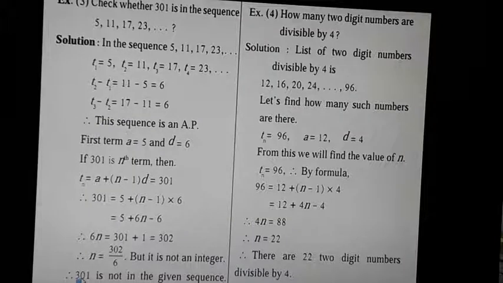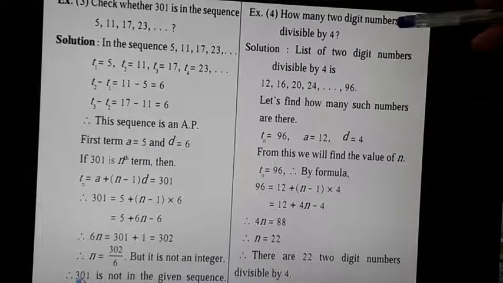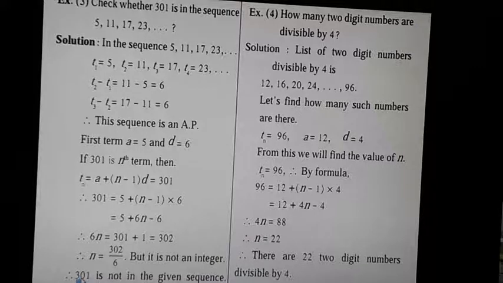So now this question you have solved. Now see the next one. How many two-digit numbers are divisible by 4? Now you have to sort out how many two-digit numbers there are that are divisible by 4. So now you will start with the table of 4. So see now, 4 ones are 4, 4 twos are 8, 4 threes are 12. 12 is a two-digit number, so from 12 you have to sort out now.